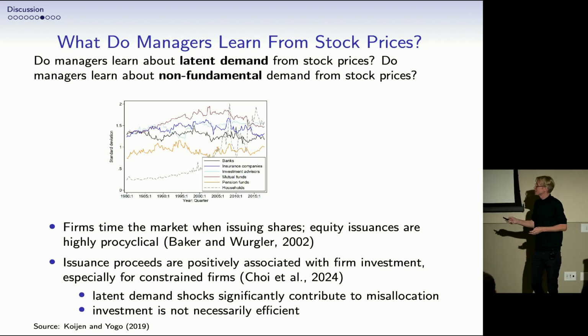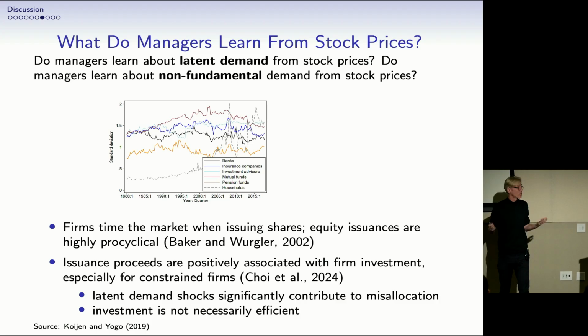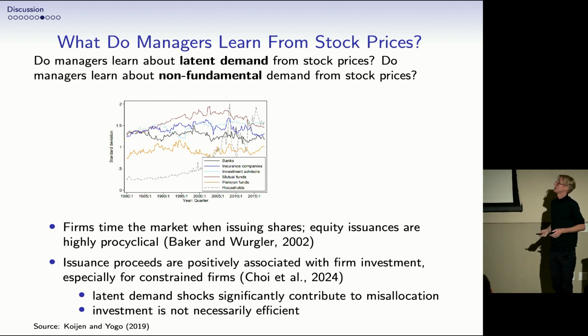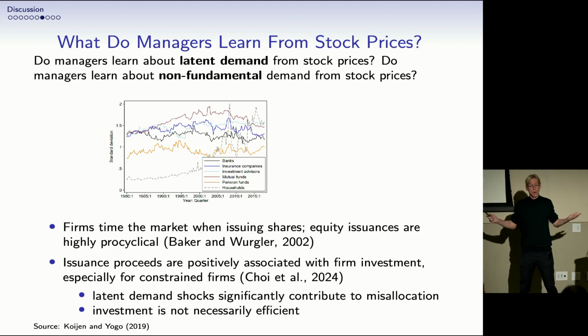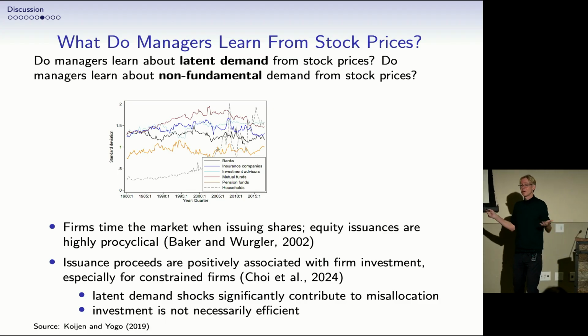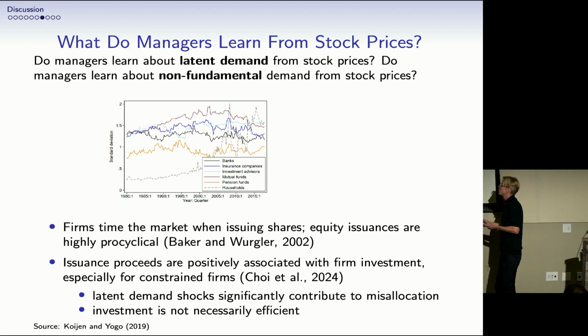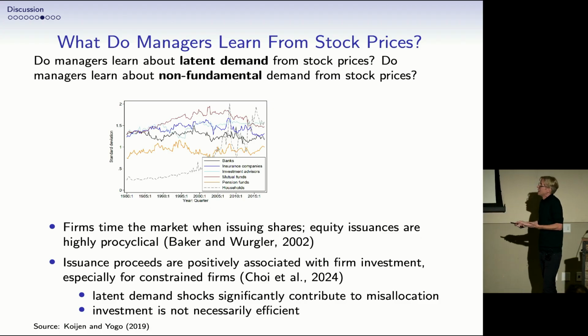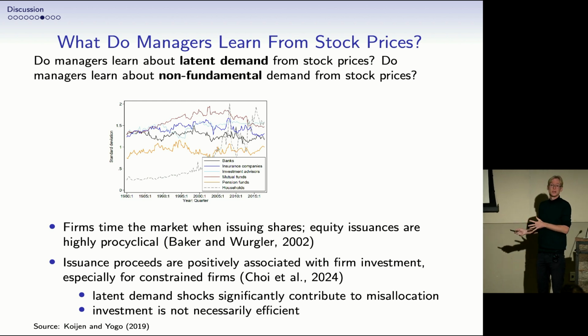Yes, I'm almost done with my next point. Actually, that's an interesting paper by Jaewon Choi and friends, who are trying to tease out latent demand shocks from the data and relate them to what companies actually do. And what they find is that when there are latent demand shocks that push up valuations, companies are going to happily issue equity. And some of these proceeds are actually going to be invested. Now, what you also find that's interesting is that in these cases, that actually contributes to misallocation. So MPK dispersion goes up, and that's probably because some of these investments that they're making when acquisitions are temporarily cheap are not necessarily efficient.